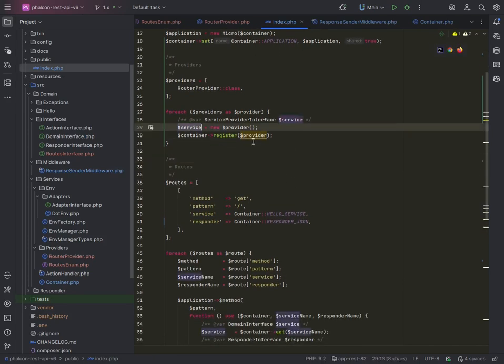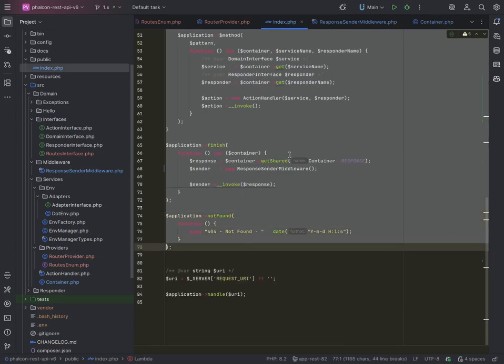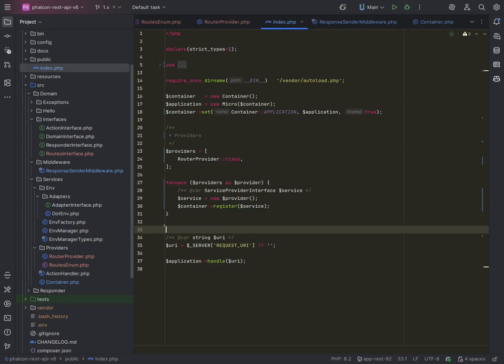Oops, sorry. This should have been service. And all this can go away. Our code shrinks. So what does this code do? We have an array of different providers, and we're iterating through it. These are just classes. Using the DI container